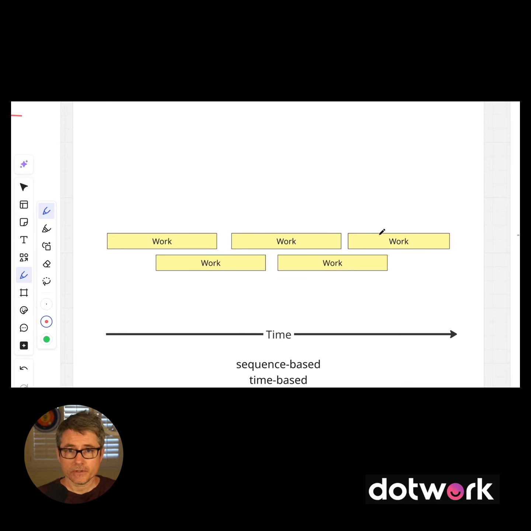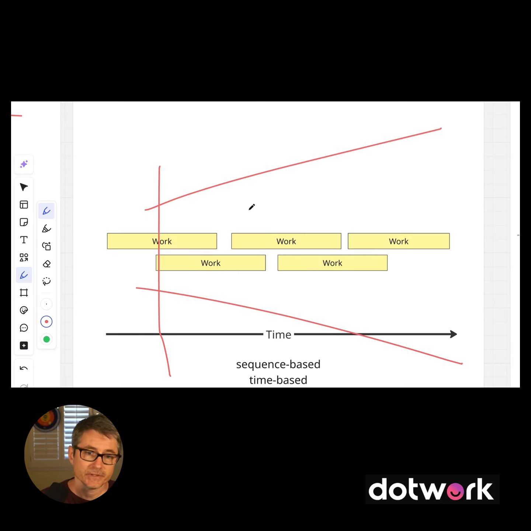So here's another view. You have time, and we think about how work might play out over that time. Well, it's a guess, right? Our cone of uncertainty is pretty wide, but if today we're right here, we're sort of trying to predict how the work will pan out over time.